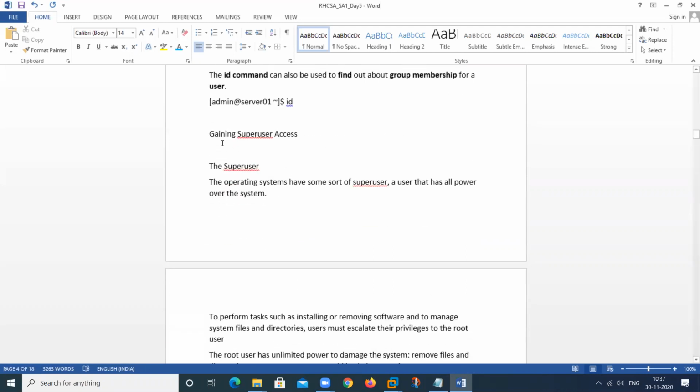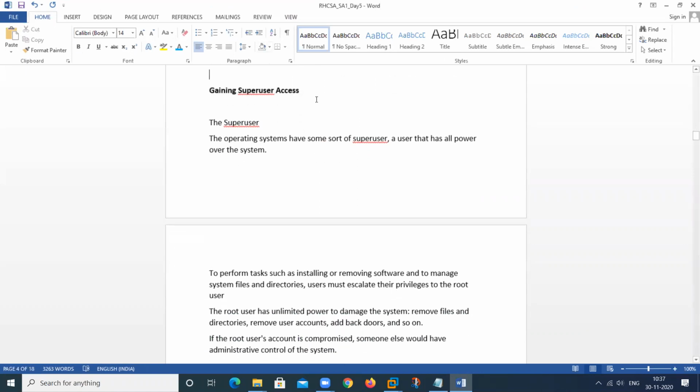Okay. So I will start from this one. How to get super user access? Do you have knowledge about the super user? Who is the super user in Linux? Sir, root user. So the super user in Linux is root. But I want to make this particular user, user 1, a super user.